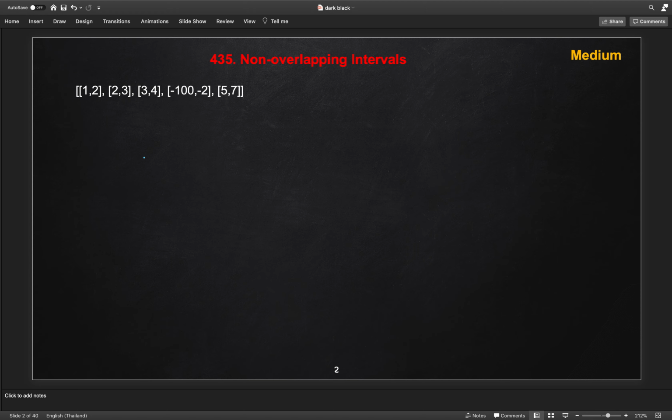If we draw these intervals: first 1 to 2, it starts from 1 and goes to 2, then 2 to 3 is another interval, and then 3 to 4 is another interval. There is an interval which starts from minus 100 and goes to minus 2, and another interval 5 to 7. 5 is after 4, so the last interval is somewhere here.